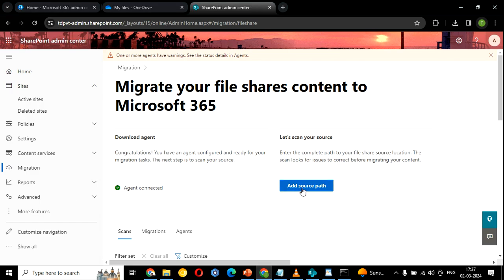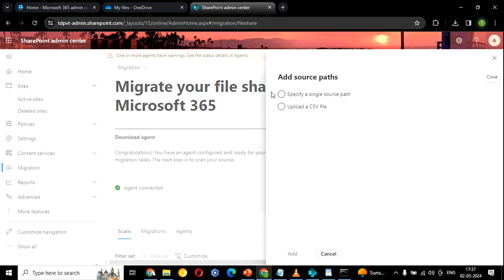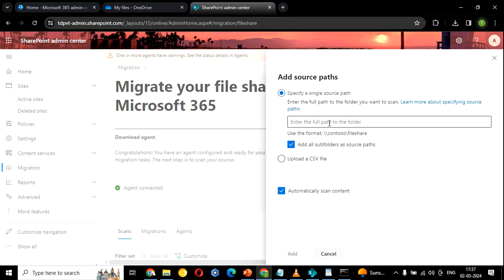Now add the source path. This is the first thing we have to do. We are not uploading a CSV, we are migrating, for example, the whole data, whatever we have inside a folder. Could be PDF, could be Word, could be Excel, could be MP3, videos, all kinds of things. Now we can enter the path of the source folder in the file server